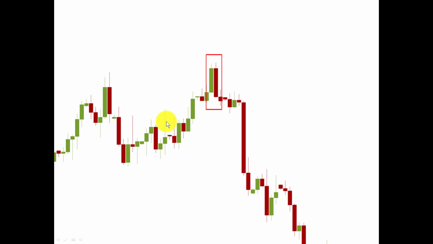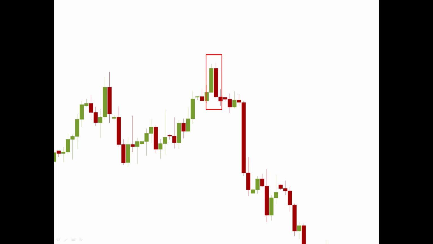So what we will do is make use of the Fibonacci extensions in this case, or sometimes we make use of the price action, the key inflection points, or the previous supports and resistances. If you don't know how to identify the previous supports and resistances, you can watch my previous videos where I tell you how to draw the dynamic and horizontal support and resistances on your chart properly.